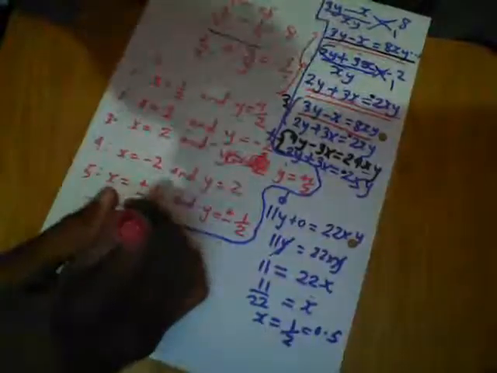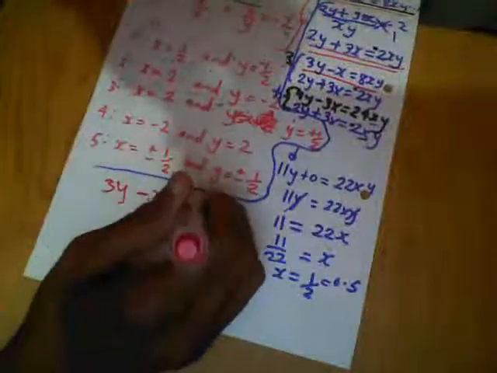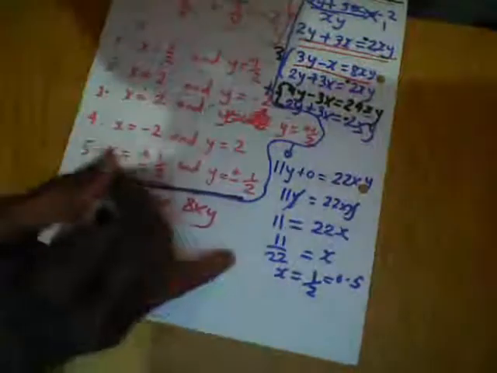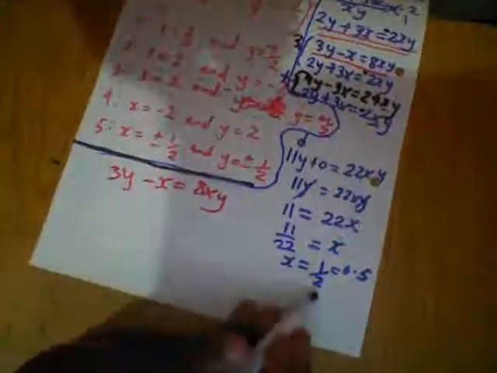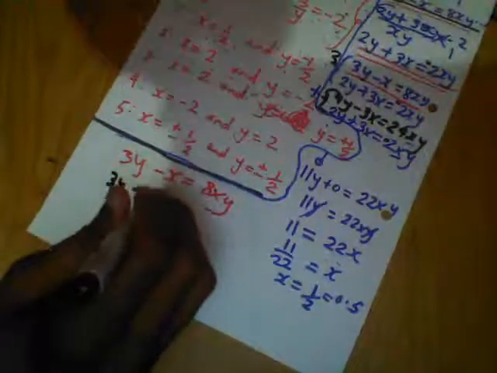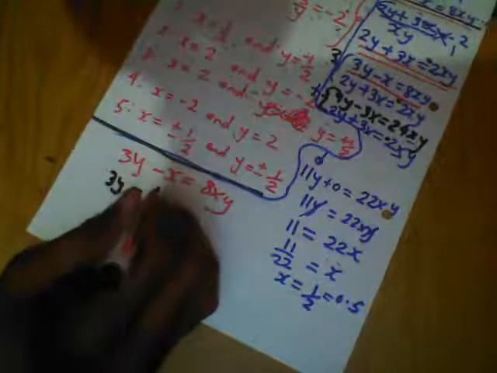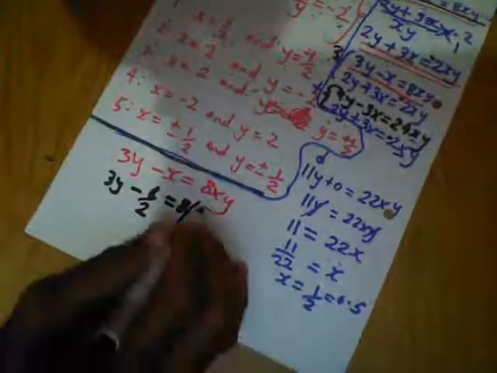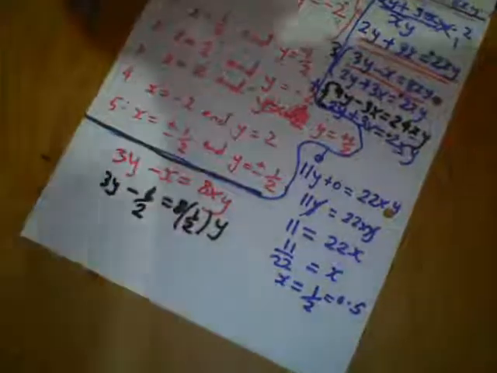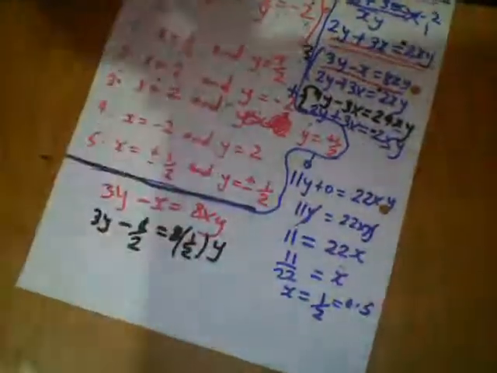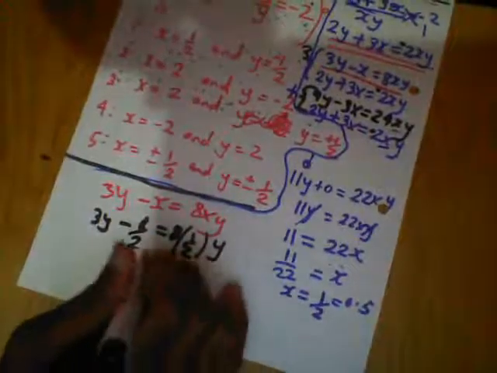So 3y minus x equal to 8xy. Let me do this for the separation. Okay, so we know the value of x equal to a half, or 0.5. So we're going to say 3y minus a half equal to 8 times a half times y. So now we can get the value of y. Okay, so 8 times 1 is 8, divided by 2 equals 4. So 4y,